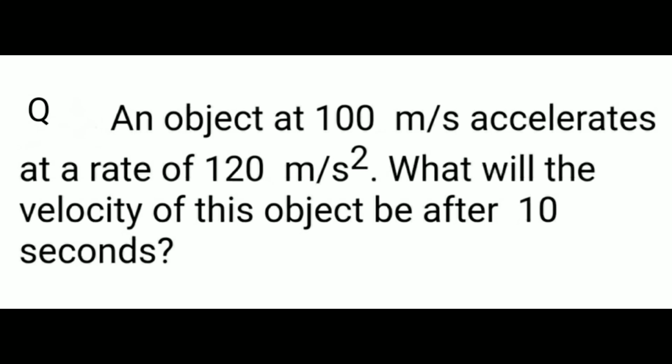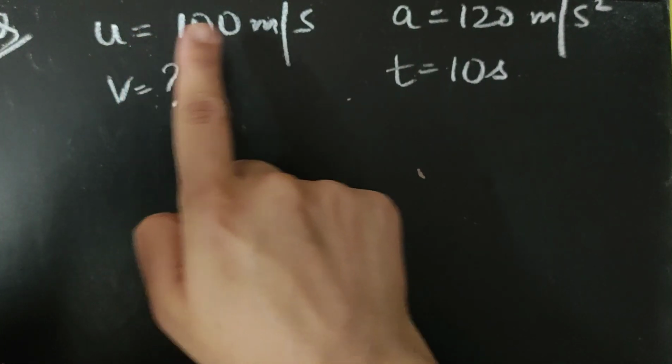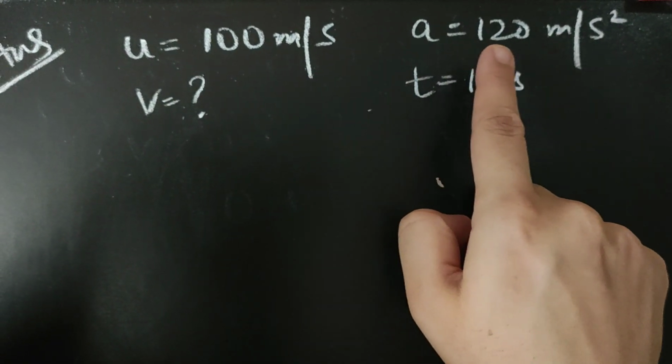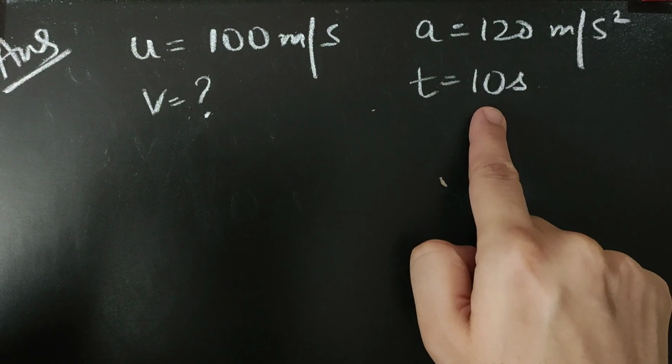And you have to find the velocity of this object after 10 seconds. So t is given 10 and v is to be calculated. Again we will use the first equation. So these are the values given in the question: initial velocity 100 meter per second, acceleration 120 meter per second square, t is given 10 seconds and you have